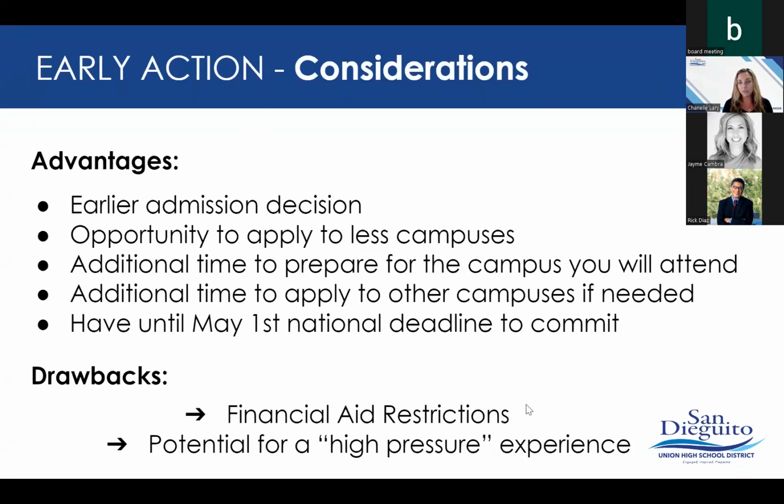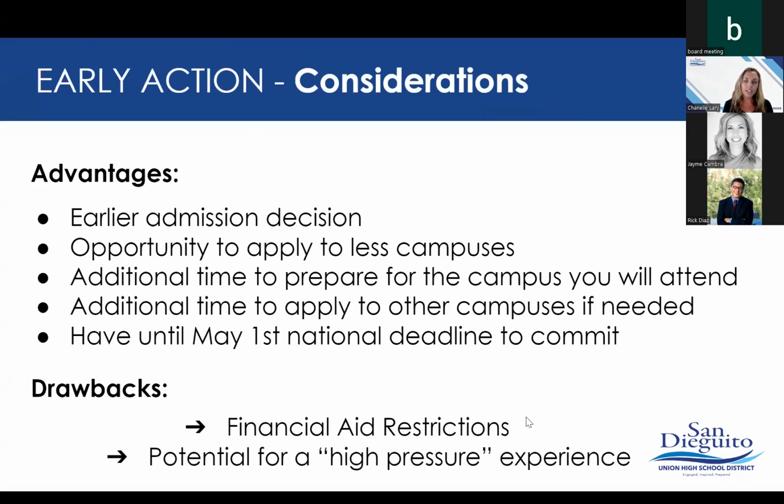So some of the advantages to applying early, obviously, the earlier you get your applications in, the earlier you get your decisions back. And again, the more research that you do, the more you hone in, it gives you the opportunity to then really narrow down that list. And then obviously, once you get your decisions, then you might have already gotten the decision that you want. And then you're all set. And sometimes even by December, we have seniors who know where they're going. The stress level goes down because they can get settled knowing that they have their destination, they're ready to go, they can prepare for which campus they plan on attending the following fall.